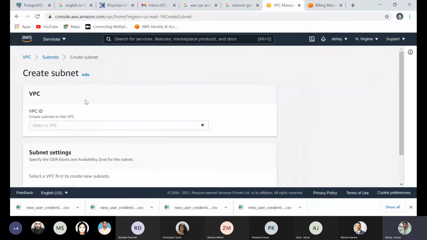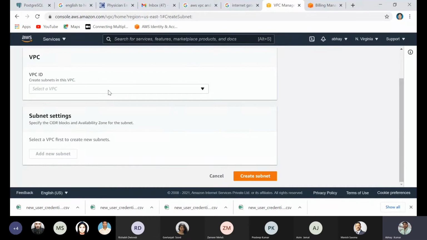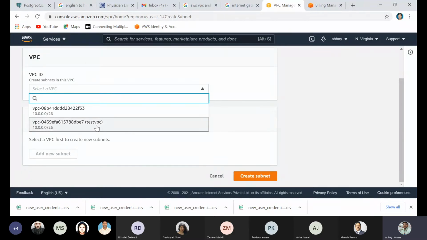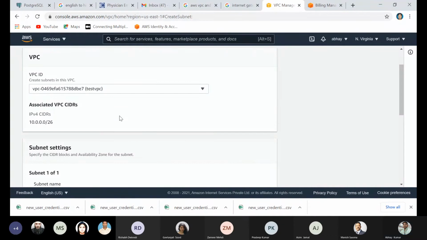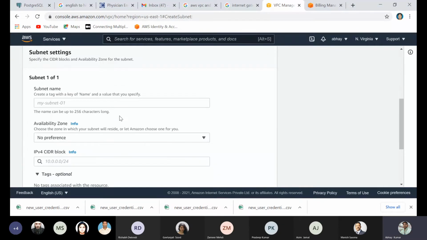From here, you can create the subnet. Select the VPC from here. I will create my subnet in my test VPC. And yesterday I told you how we define the range of the subnet. The subnet name you can choose is test public.